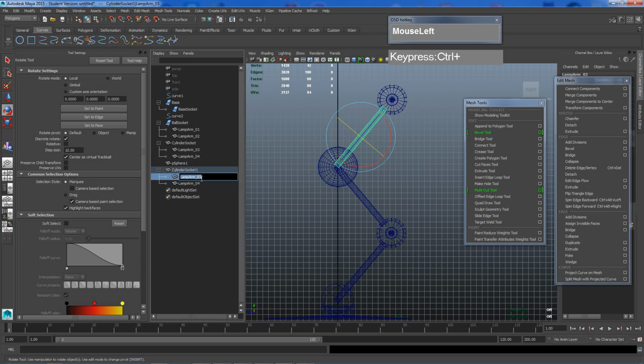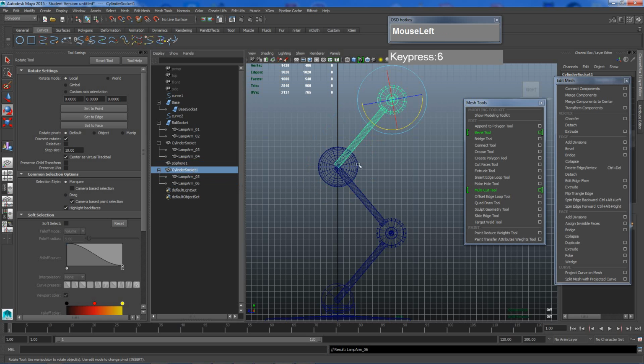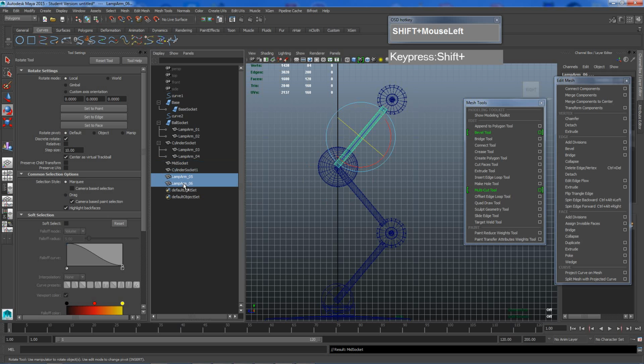Call this 05, and then just double click so you can change the name. And I'm going to select these two, middle mouse click and drag out, so now they are free. And for this sphere, I'm gonna call it mid socket, and I'm gonna select these two arms and then middle mouse click and drag and put them under the mid socket, so that now